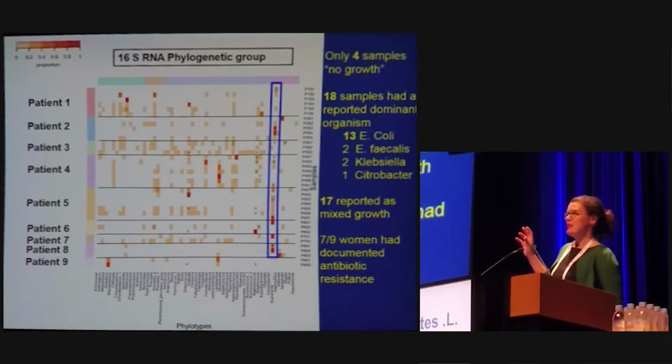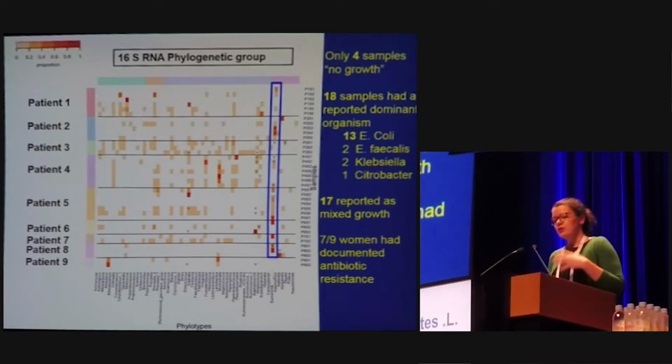And what I haven't mentioned is that the Y represents what the organism was that was reported by the lab, and the deeper the colour, the higher the proportion of the bacteria in the sample as detected by the RNA sequencing. 17 urine results also had mixed growth, and of these women, only 2 didn't have any